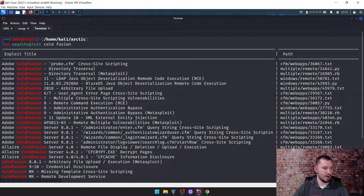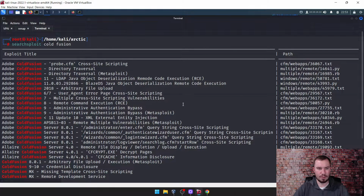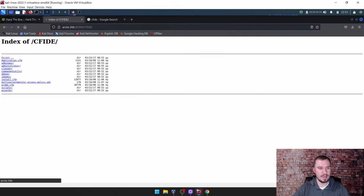As we look through our different vulnerabilities, one of the ones I tried the first time, I'm just glancing over at my notes, was this remote command execution. If I remember right, for some reason I couldn't get it to work, but I'll show you guys what I did differently. As I said before, this takes a while to load. So okay, it's slowly loading the administrator page. While it does that,